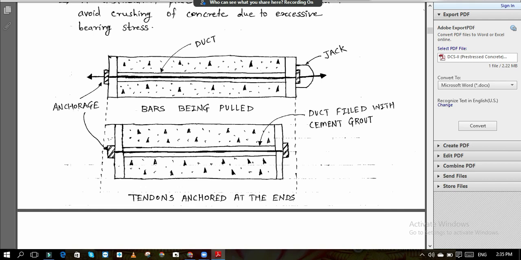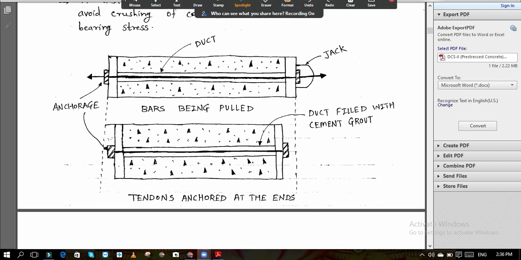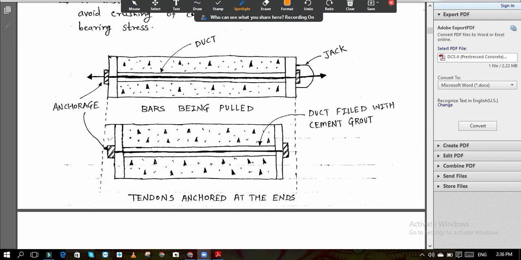Is it clear what is pre-tensioning, what is post tensioning? Yes, no? If you give me reply fast, then we can save the time. Hmm? Otherwise I'm waiting for your reply. Or shall I repeat it once again? Let me know fast, have you understood?